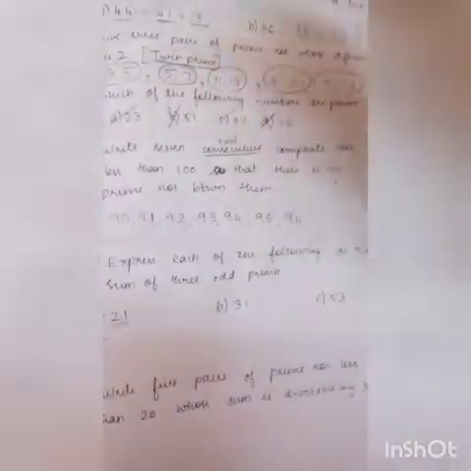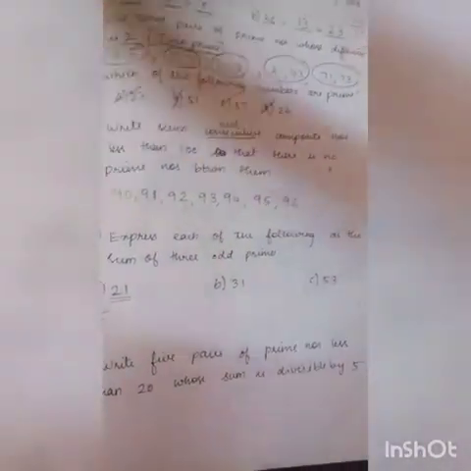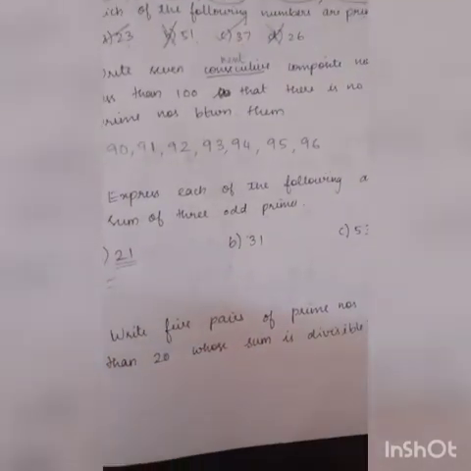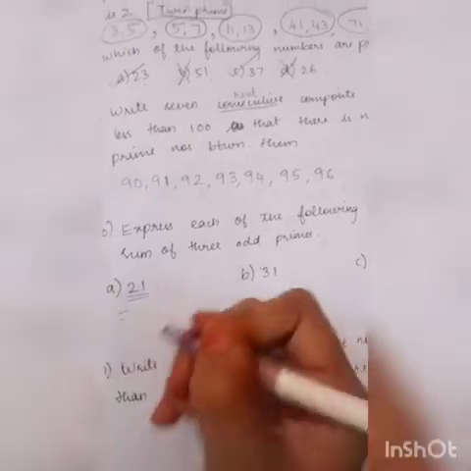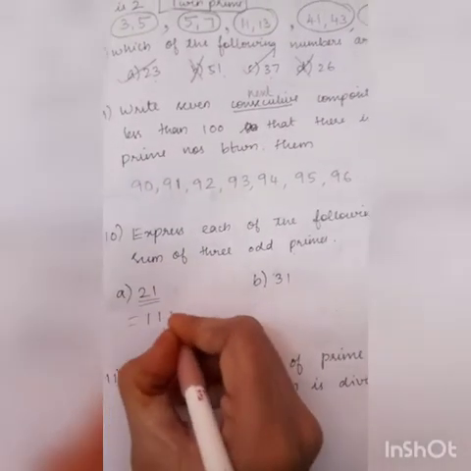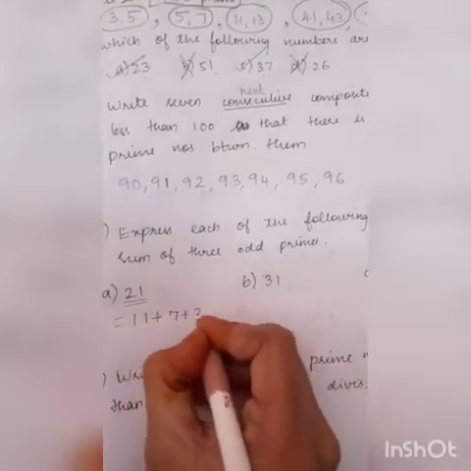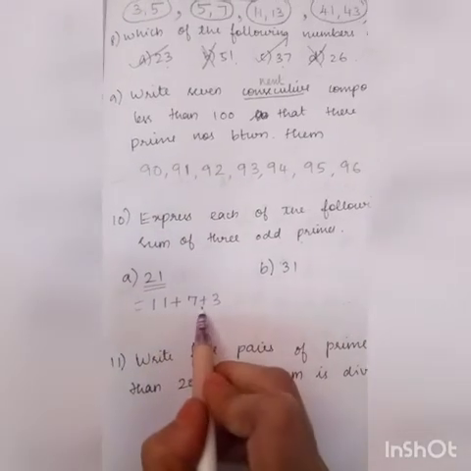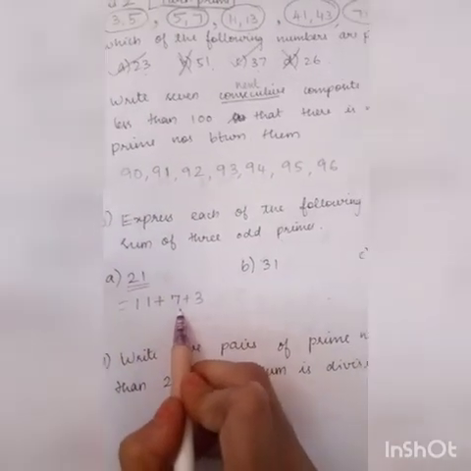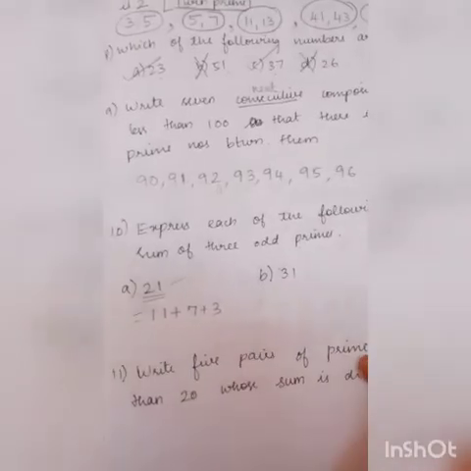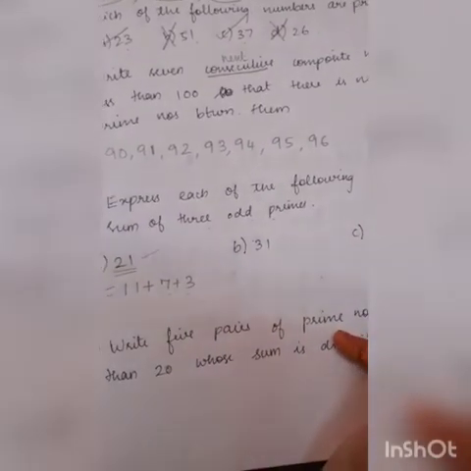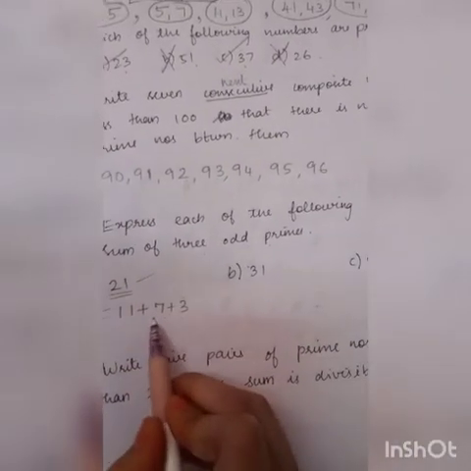We are going to add 3 numbers. Just add 3 numbers. So now you can add many combinations yourself. I have searched and found that 11 plus 7 plus 3. 11 plus 7 is 18. Right. 18 plus 3 is 21. We are getting the answer. Did you understand how I have written? 11 plus 7 plus 3.